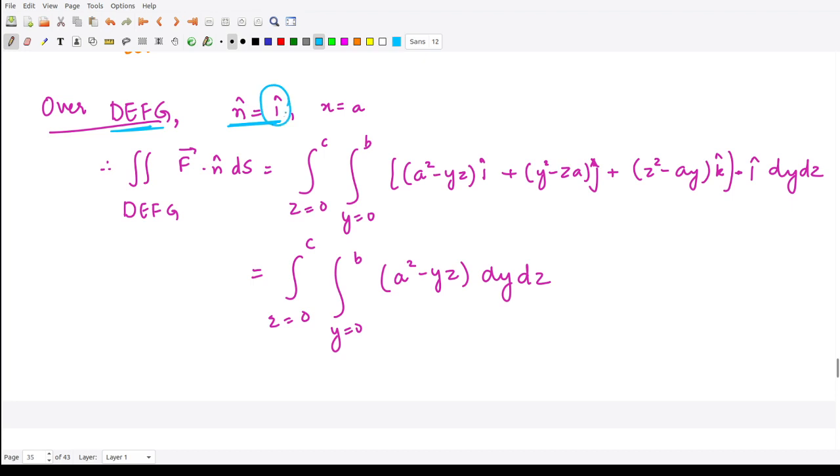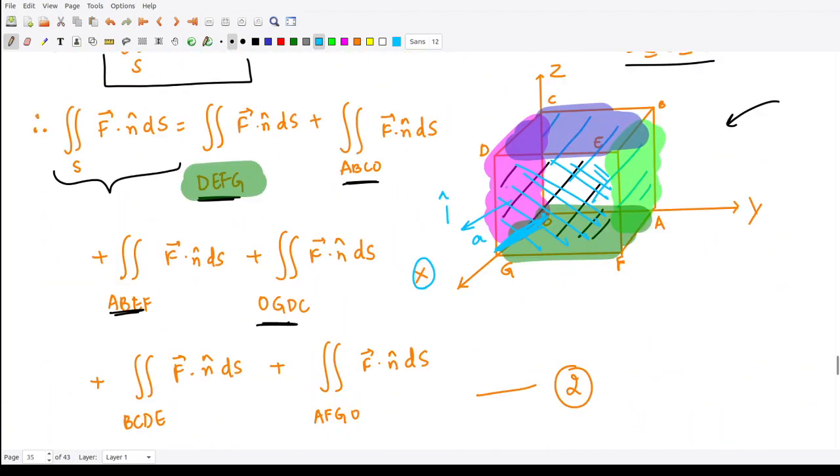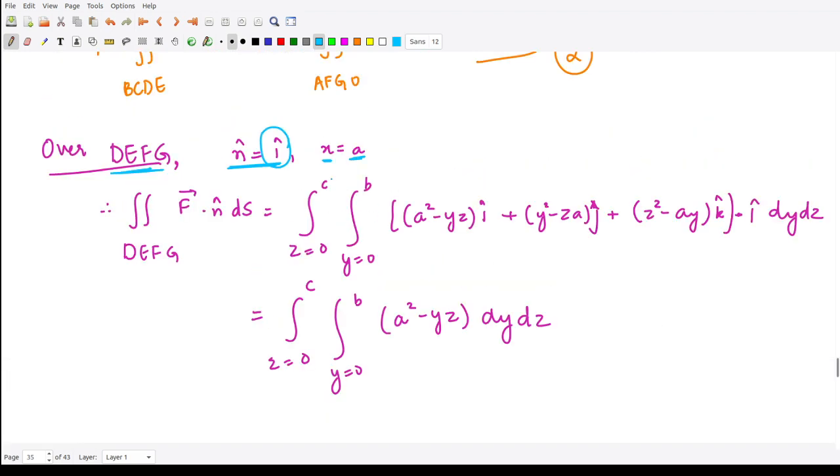the direction of x cap, and moreover the length x is now defined by a, because for this face, at every point of this face the value of x is the same, and that is equal to a here. And here the y and z parameters for this particular face are varying. So for this face we have n cap equal to I cap and x equal to a. So your integration becomes equal to, we have substituted the value for vector f, and the value for vector n, that is I cap, and we have substituted the variable limits for z and y, because z and y are varying in this particular case.